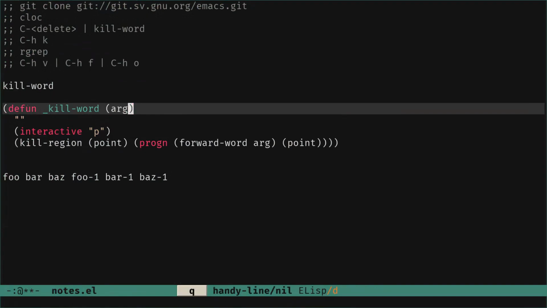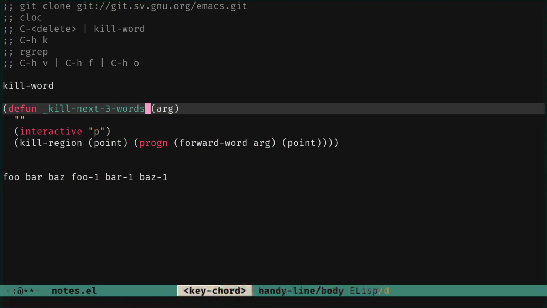What do you want to do? Maybe let's kill the three words directly. Kill words. No, kill. We're going to kill the next three words.